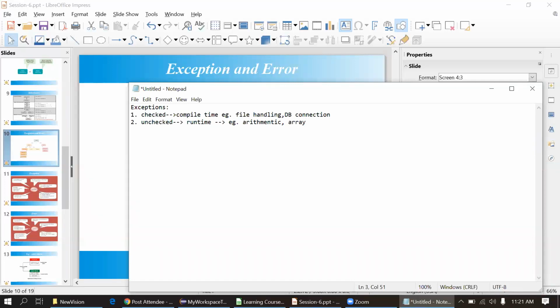We cannot judge before the execution of that code, so we get it at runtime. These are just examples to help you understand. Forget about the spelling, there might be some spelling mistakes.